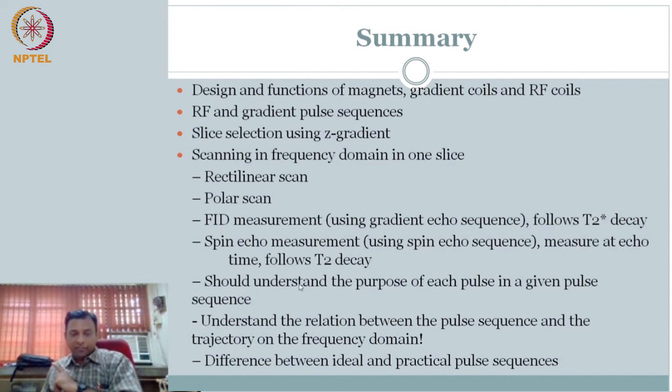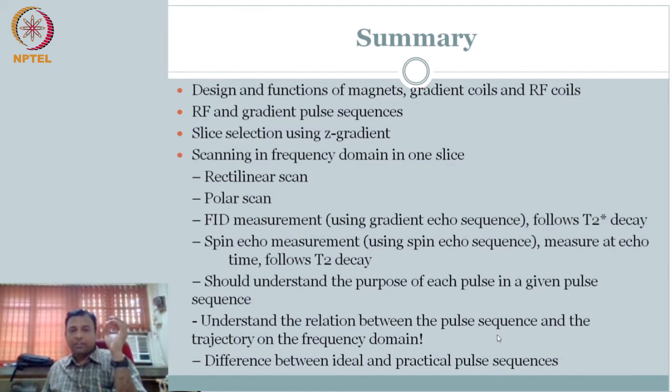But critically, I would like for you to pay attention to the last three. That is the most important take home that I want you to understand from this module, which is, you should understand the purpose of each pulse. You have a pulse sequence, right? For each of the pulses you should understand the physics, what aspect of the physics this pulse is exploiting, and therefore the signal is having the contribution. It is always f of xy. Physics gives the meaning for this f of xy. So can you see that?